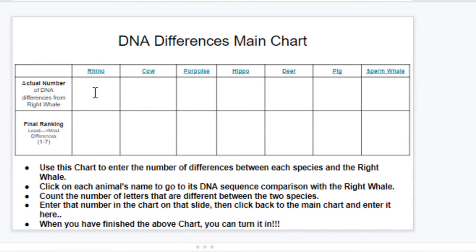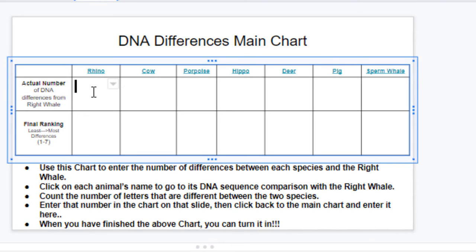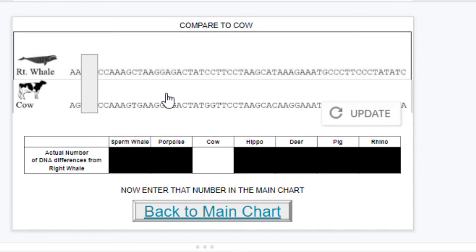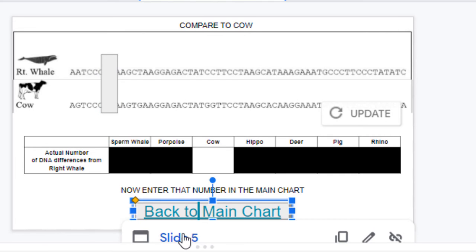And then you would go to the rhino, and you would put whatever the number of mutations or differences is here. And then you're going to go back and you'll pick the next animal, and you'll do that one. You'll go through the cow, and after you go through the cow, you'll go back to the main chart, and you'll enter